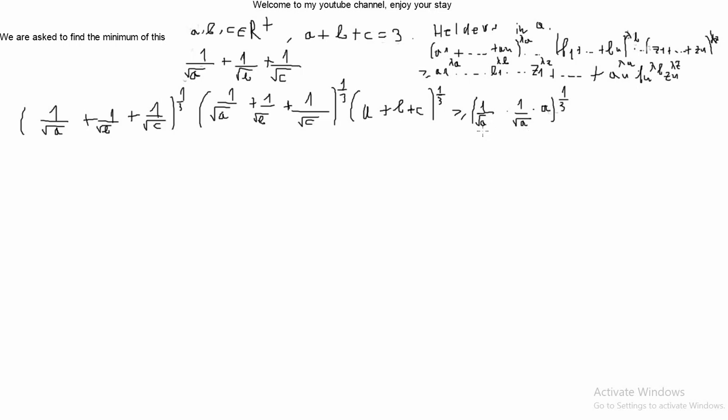Okay, what do we get from this? This is 1 over a times a. This is actually 1 to the 1/3 power. And a similar thing will happen on the next term: 1 over b times 1 divided by square root of b times b, and everything to the 1/3 power,